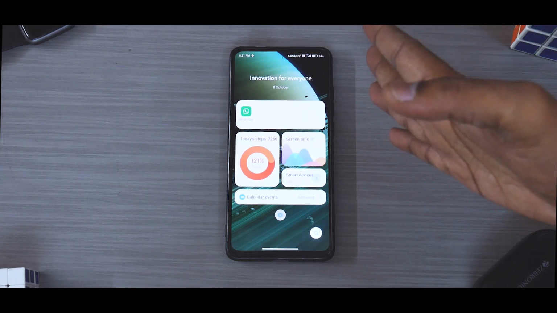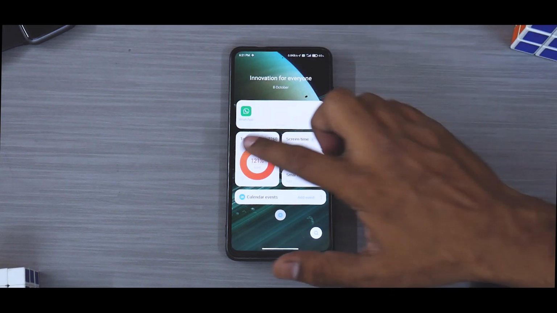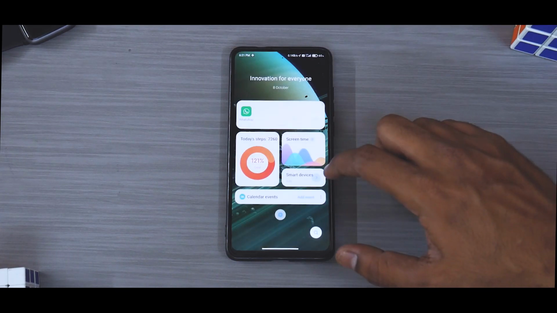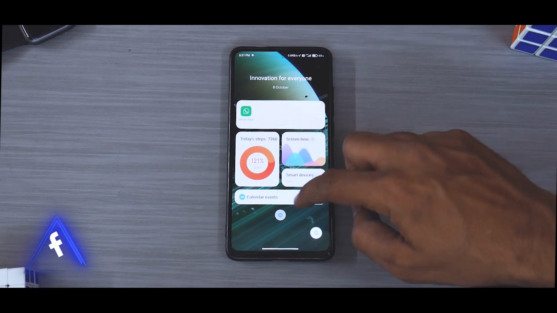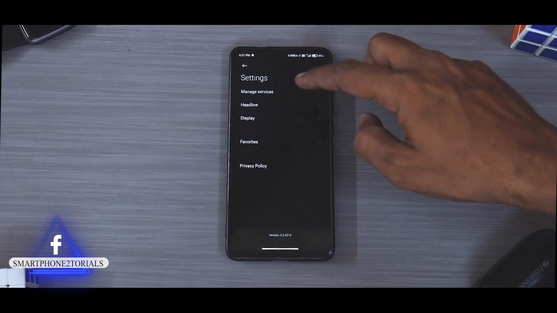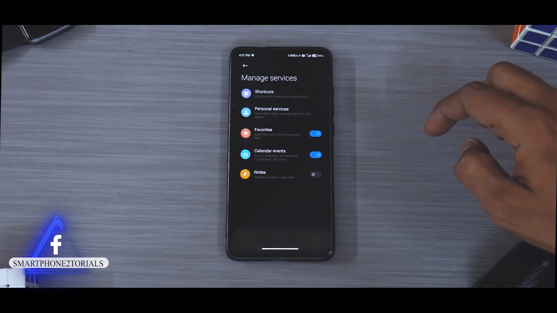It looks really nice, and the best part is, in previous builds of Xiaomi.eu, this used to be somewhat Chinese and all the other things, but as you can see over here, the workouts, the screen time, smart devices, the shortcuts and all the other options in settings. You can change the headline, background, the managed services option.